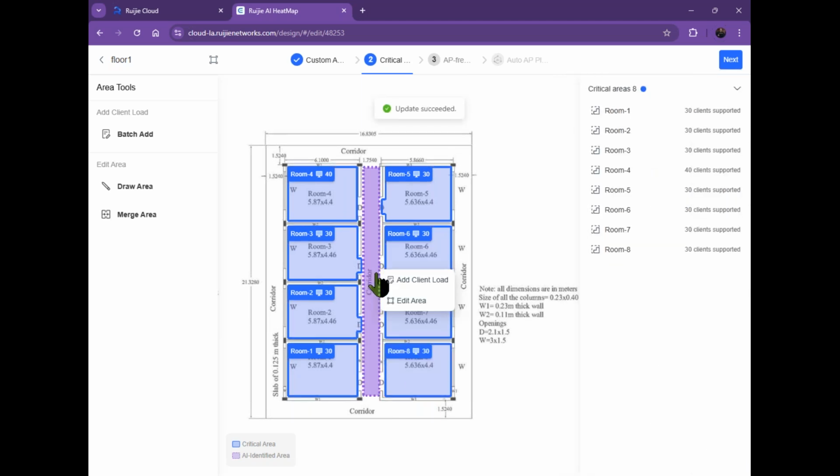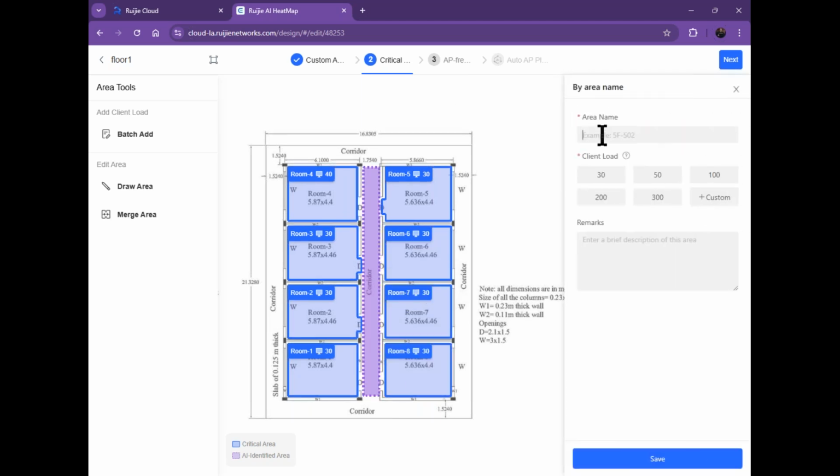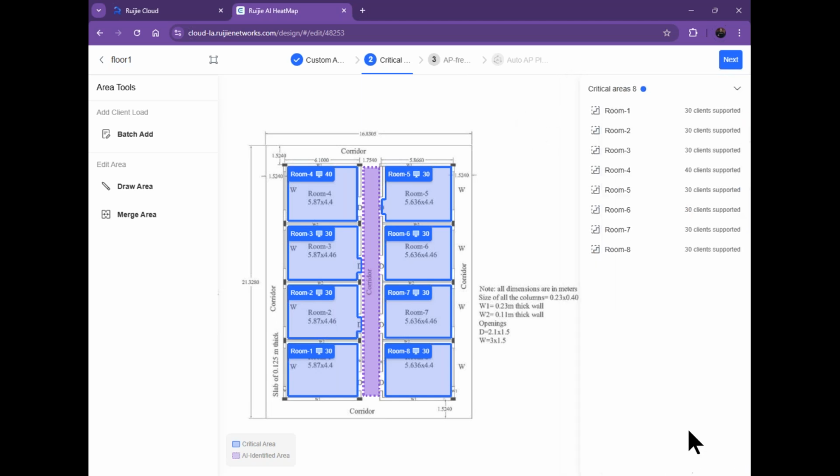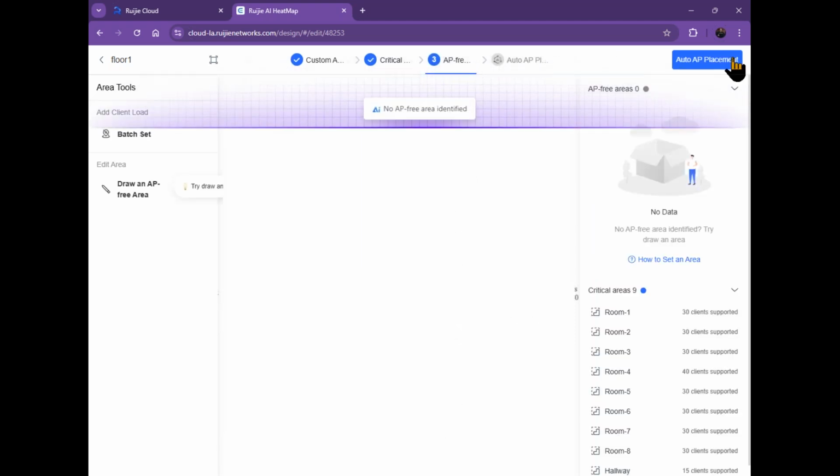And also for the hallway or corridor. So I'm going to write fitting devices for the client load. And that's it. Then click on next button,